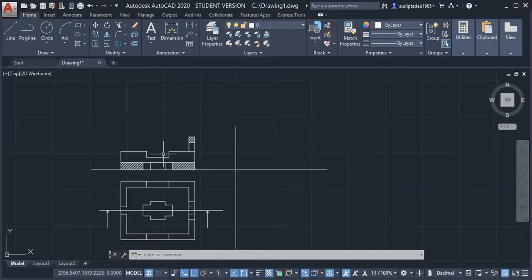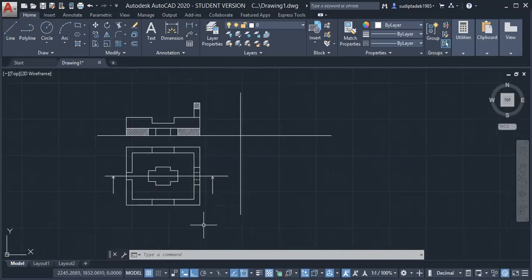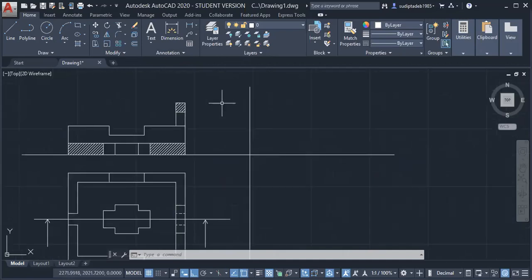Right now this is the front view, and this will be the top view. Okay, and also you can specify the dimension by the dimension lines. Now we want to draw the side view. How to draw? Already you know. We have to draw first the projection lines